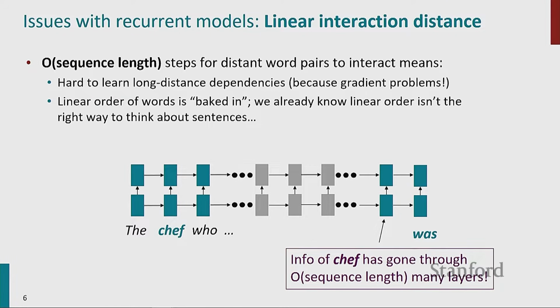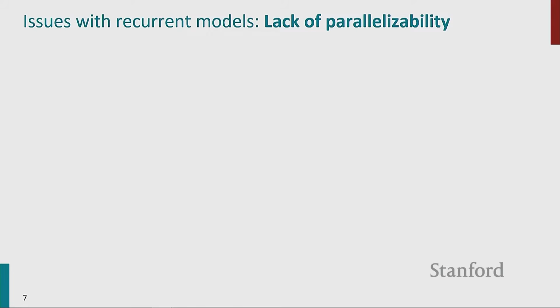doing it because the gradients have to propagate from was to chef, and really I'd like more direct connection between words that might be related in the sentence, or in a document even, right? If these are going to get much longer. So this is this linear interaction distance problem. We would like words that might be related to be able to interact with each other in the neural network's computation graph more easily than being linearly far away, so that we can learn these long distance dependencies better. And there's a related problem too that again comes back to the recurrent neural network's dependence on